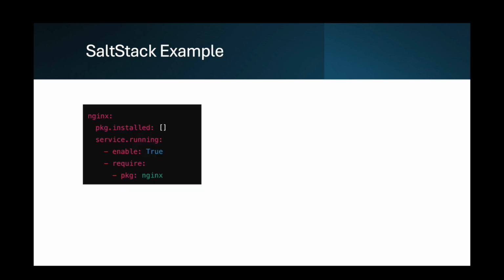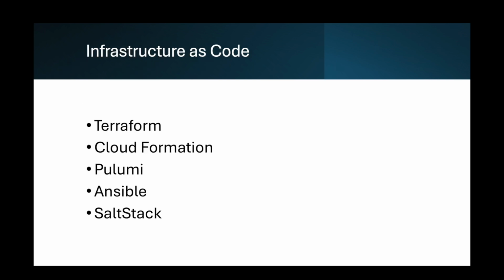Here is an example of using SaltStack where I've created a YAML file and I'm saying that nginx is what I need: package installed, service running, enabled set to true, requiring package nginx. Very simple and straightforward. Now to summarize, infrastructure as code is a transformative approach to managing IT infrastructure, enabling automation,